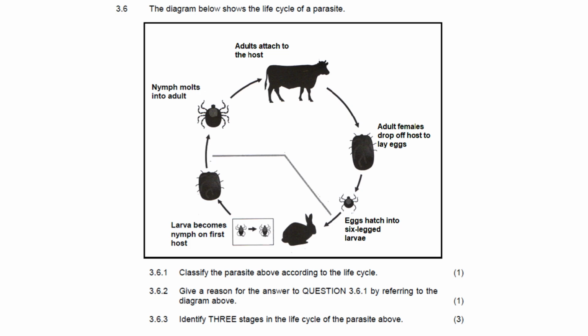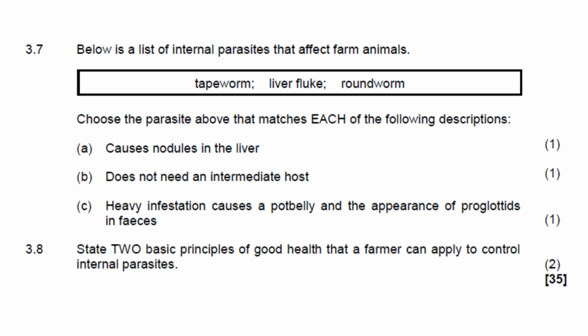Right, then moving on, the second last question before we take a break. So below is a list of internal parasites that affect farm animals. So you have been given a tapeworm, a liver fluke, and a roundworm, right? Now choose the parasite above that matches each of the following